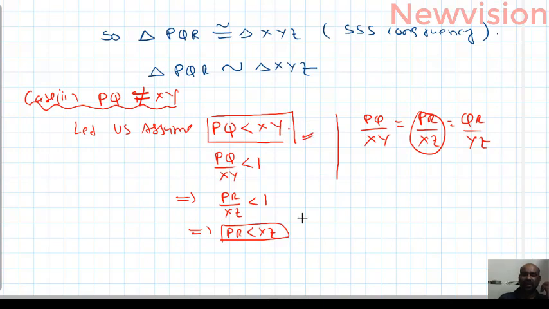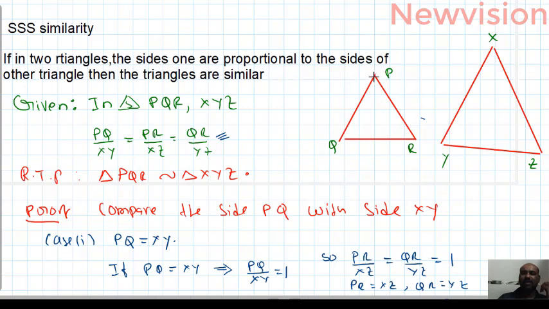But these two are enough, no? So see in our diagram, what is my assumption? PQ less than XY, automatically PR less than XZ and QR less than YZ. Now I can locate a point here, say A, and here B, so that this is equal to this and this is equal to this, and I can join these two. Okay, I will write that.